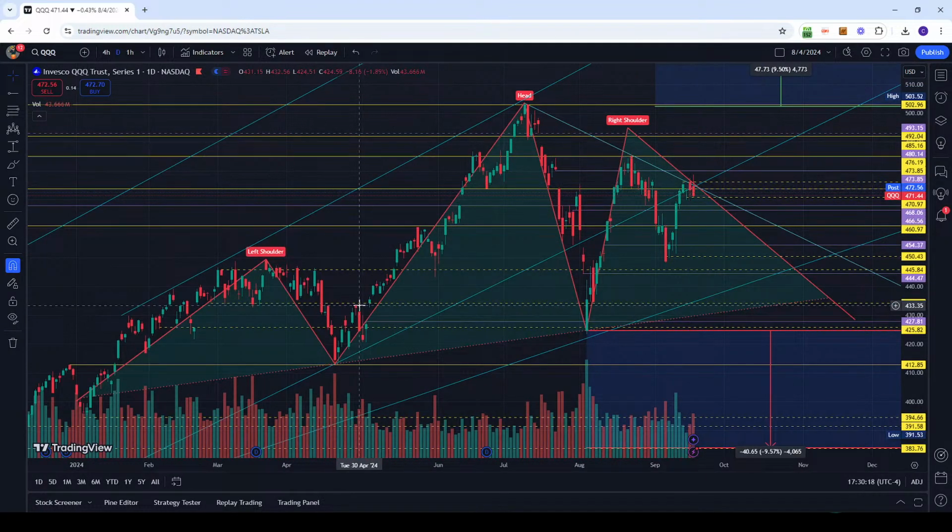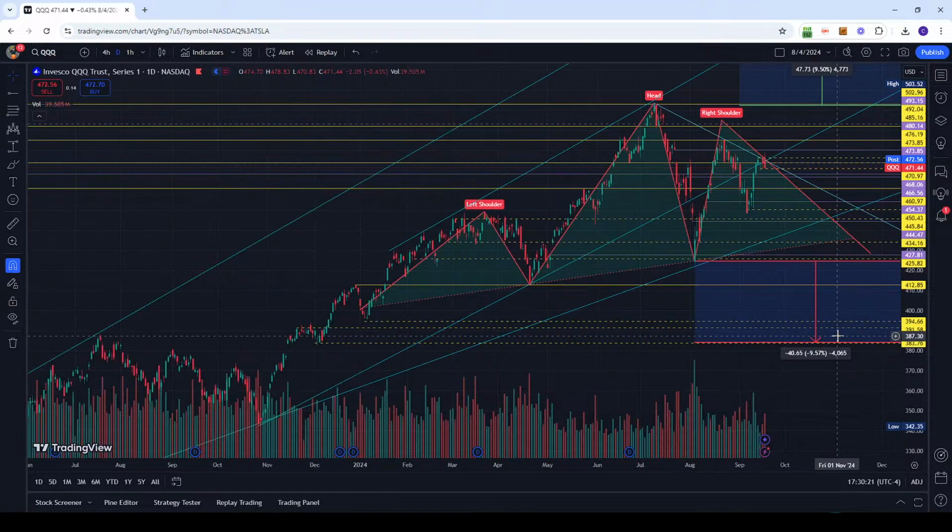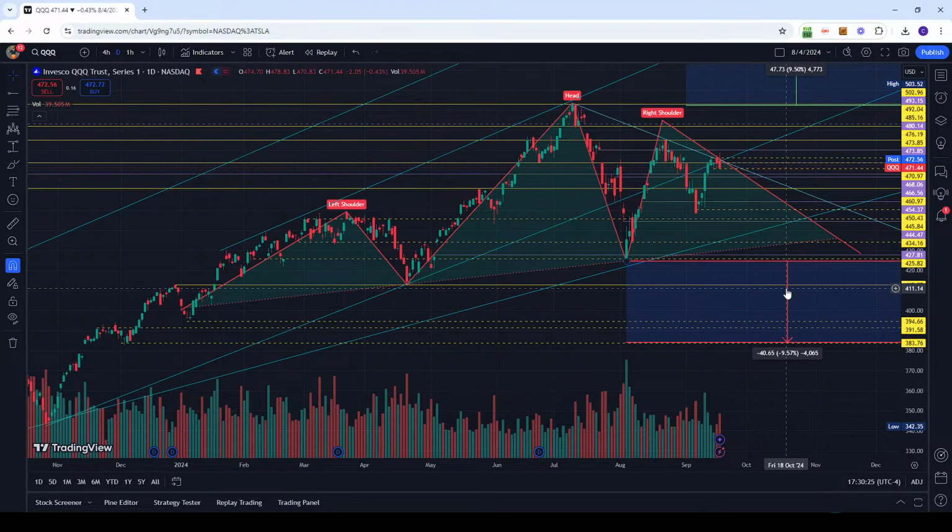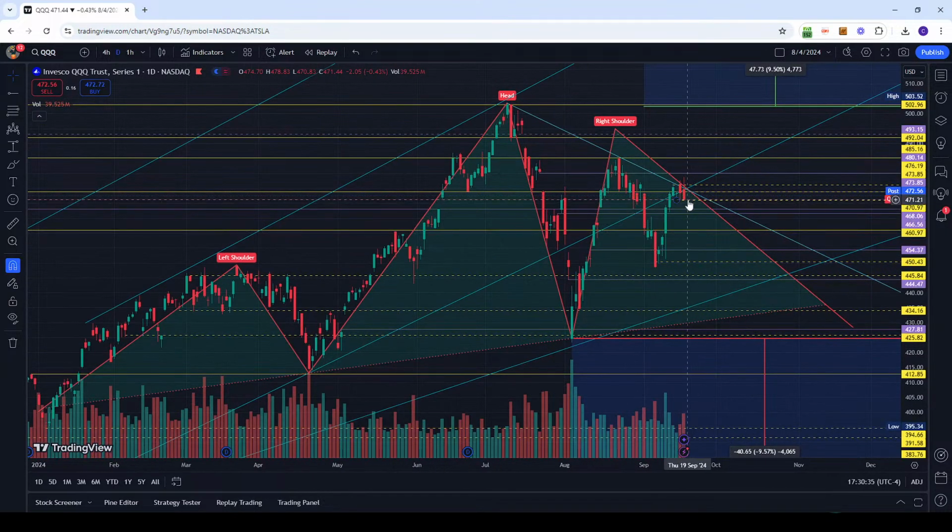If this does reject, there is a head and shoulders pattern here. The head and shoulders measured move is 383-ish. I'd be looking probably to lock gains initially on whatever swing puts I enter around that 412 support level, because that's a key support and there's a demand zone there. But I'll be watching to see if we form a lower high here for this current downtrend,